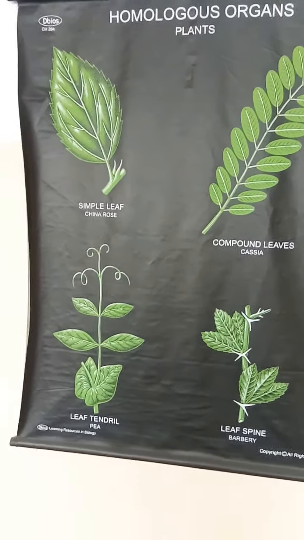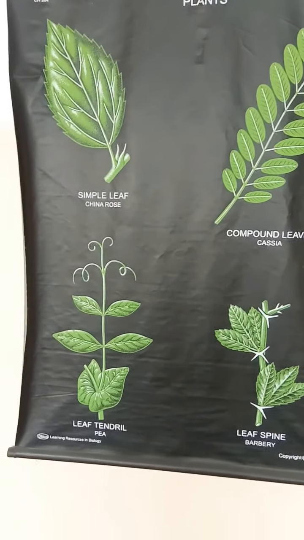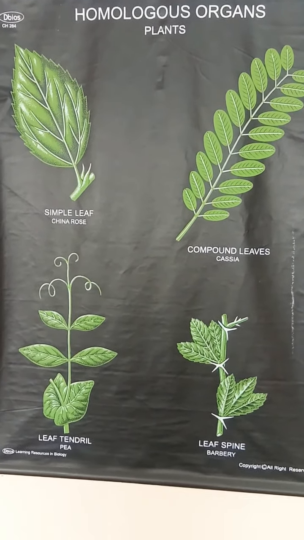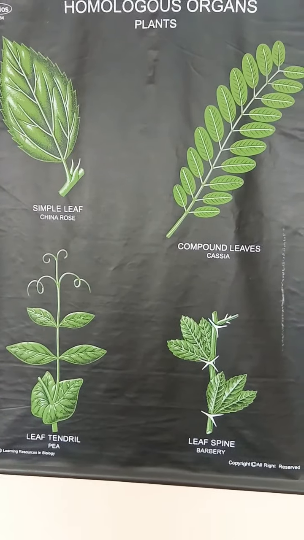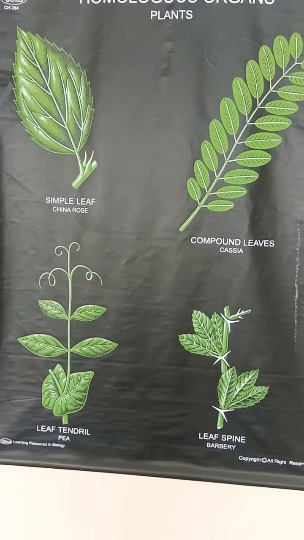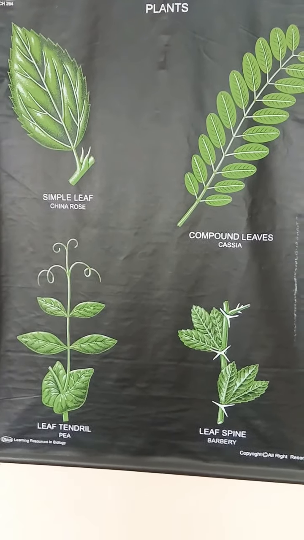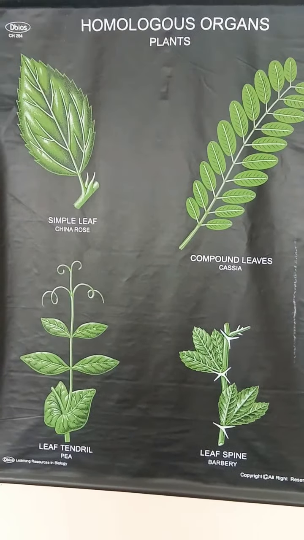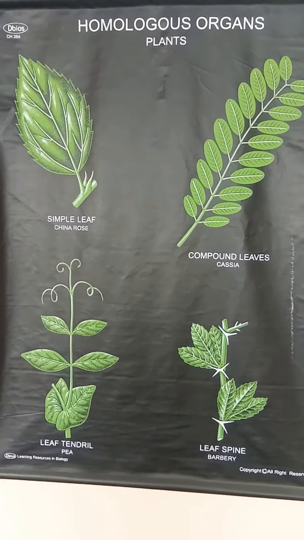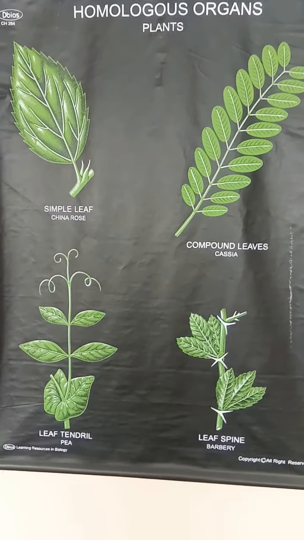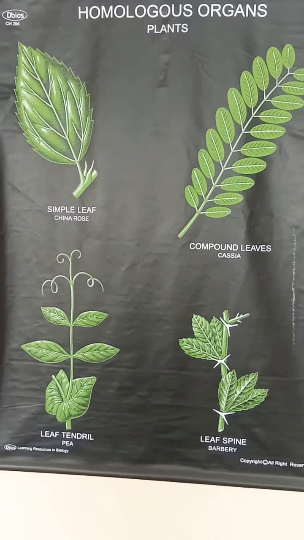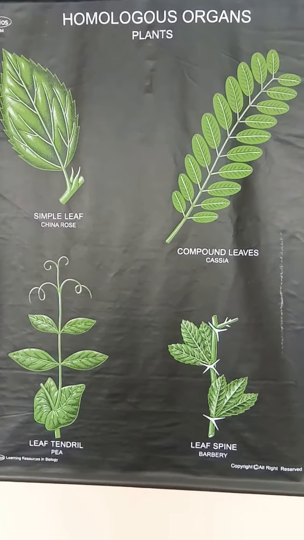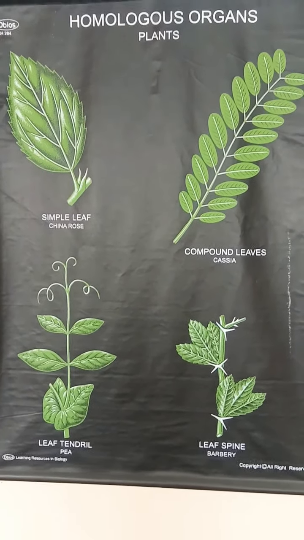Simple leaf is performing the function of photosynthesis. Leaves are usually for photosynthesis, and you can see in second one it is compound leaf, that is, you can say, not like a simple leaf. In third, leaf is modified into tendril. Fourth, leaf is modified into spine. So my dear students, in these structures you can see all these are leaves but they are functionally different. Means they are modified to give different functions. So the organs that have same structure but different function are called homologous organs. These are some examples from plants.